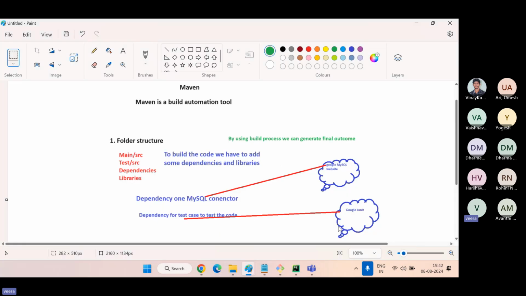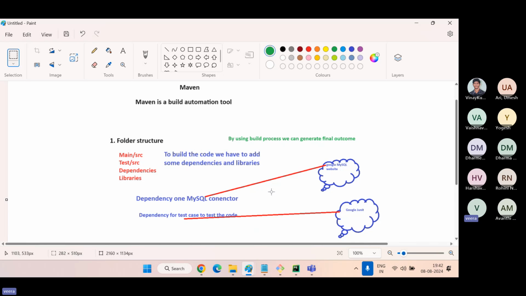In your source code, the required dependencies are needed. For example, if MySQL is running on an AWS service, we have to download the AWS plugins and CLI dependencies. For example, if your source code wants to connect to an AWS S3 bucket, we have to download AWS plugins. So the dependencies